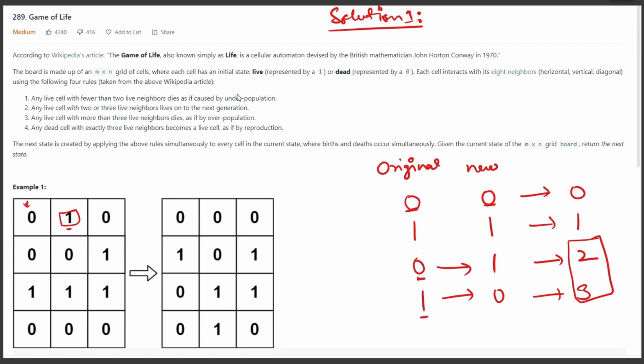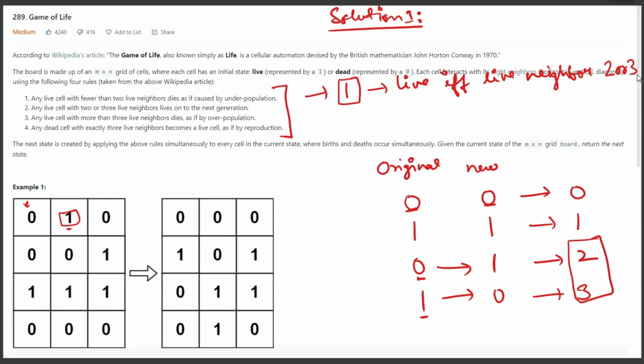These four conditions we can basically bind into two conditions. One condition is, if a cell is live, it will remain live if and only if it has either 2 or 3 live neighbors. If the live neighbor count is less than 2, it will die because of underpopulation.